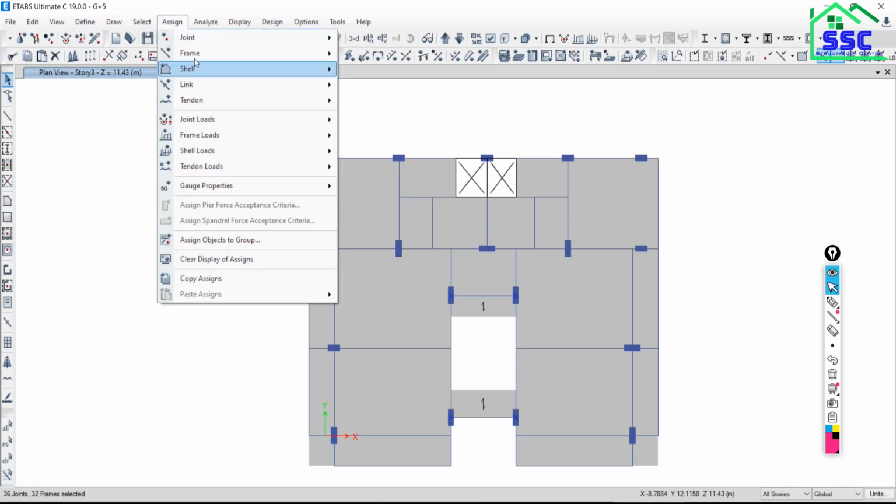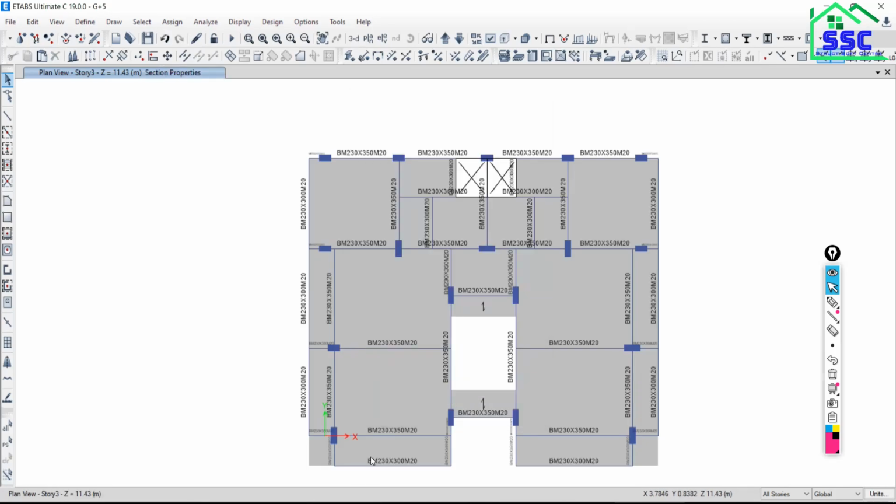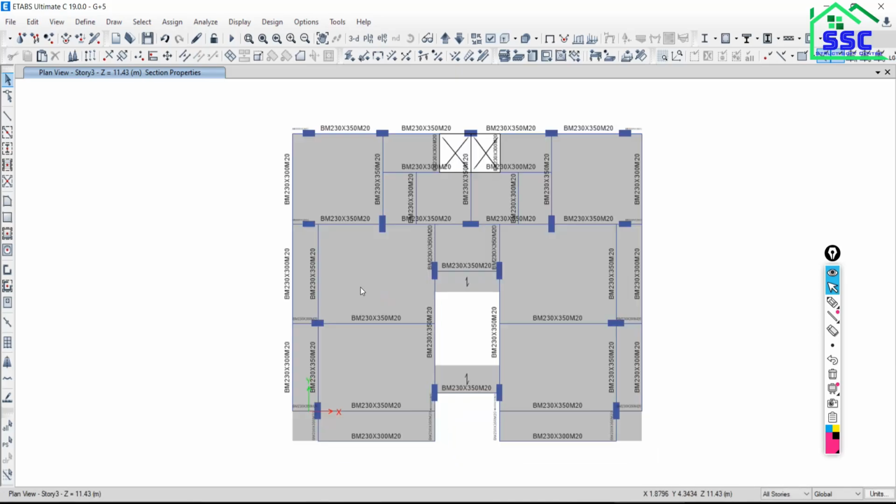Go to assign, go to frame section, section property. Now see, different materials are there for the different columns.